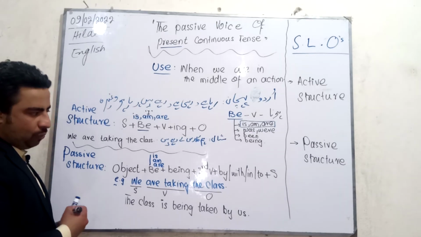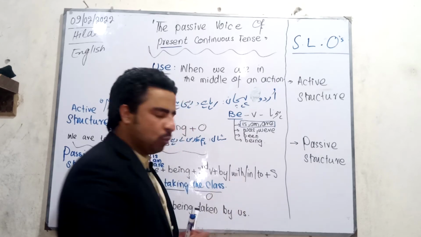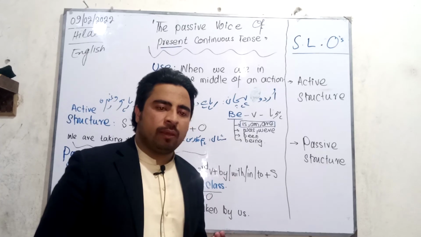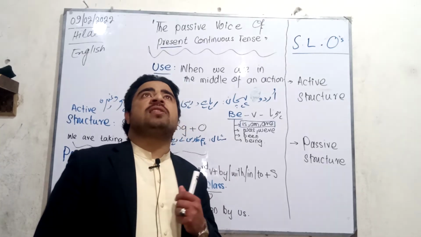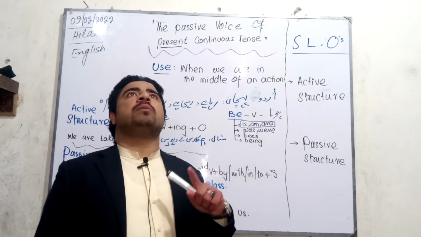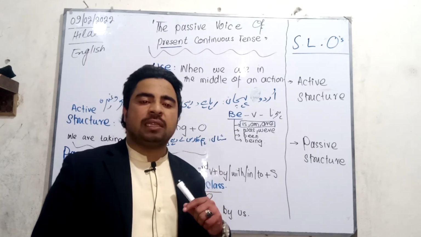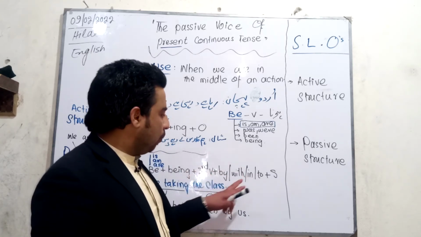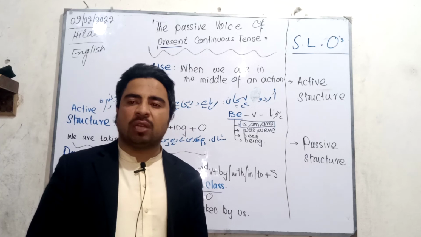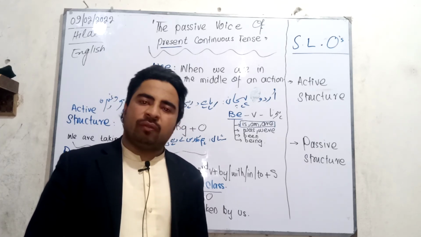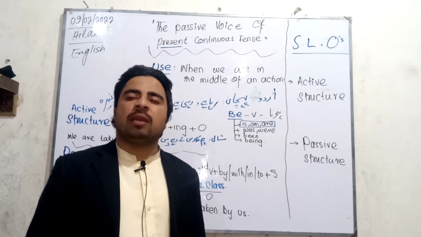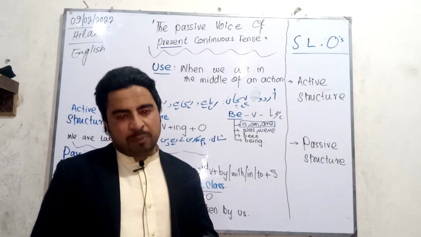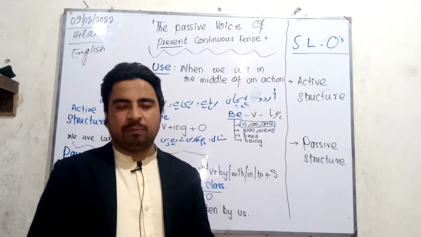Now I just want to give you the hints of this, where I will have to use with. I will have to use it when the subject is not a human. For example I may say smoke is filling this room, so I will have to change this like this: room is being filled with smoke. Now in: I will have to use it when I'm talking about a country or a city. For example, they are making BRT in Peshawar. So BRT is being made in Peshawar by them.